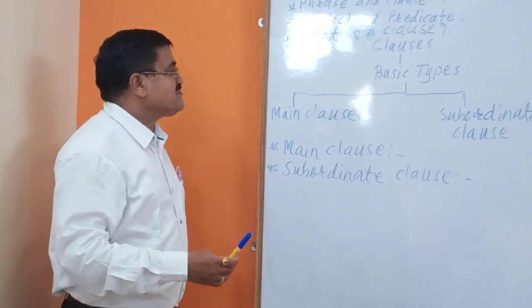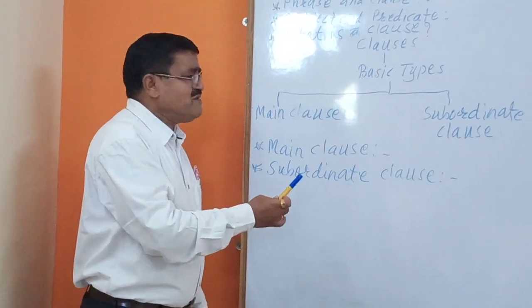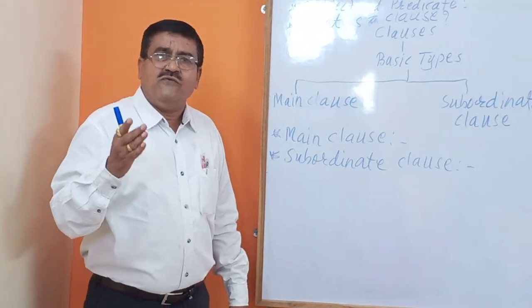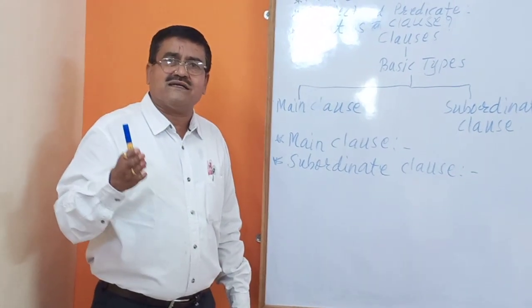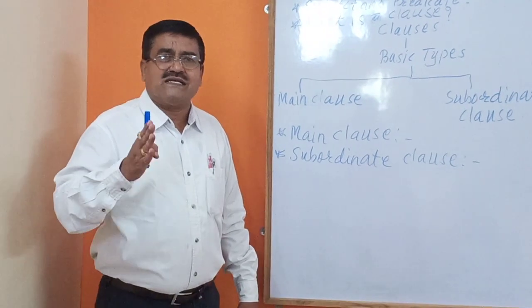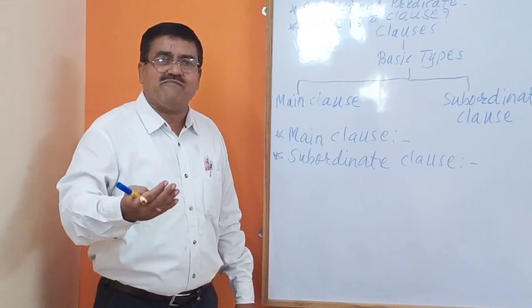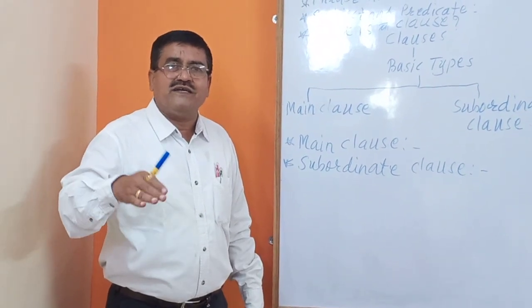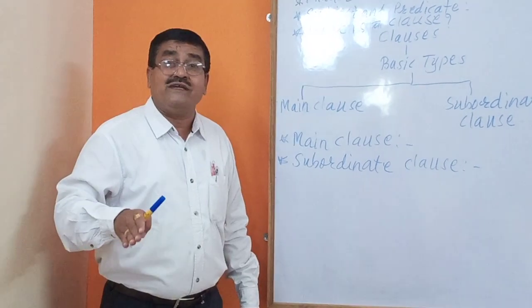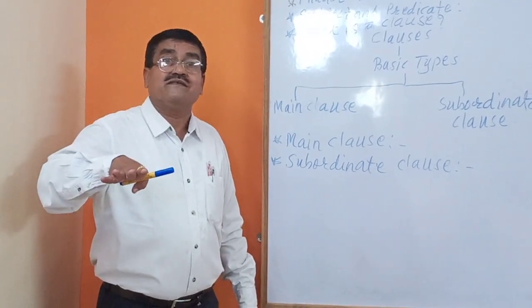Brothers and sisters, let me tell you, a main clause is a clause which can make complete sense on its own, which does not have to depend upon the completion of meaning on the other clause of the sentence. On its own, it can make a complete sense. For example,